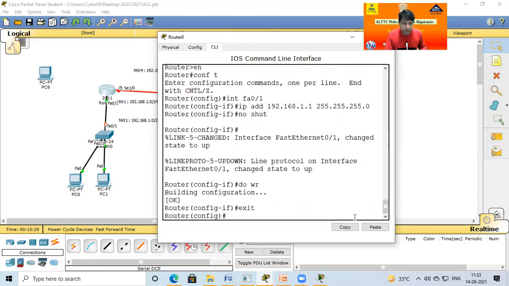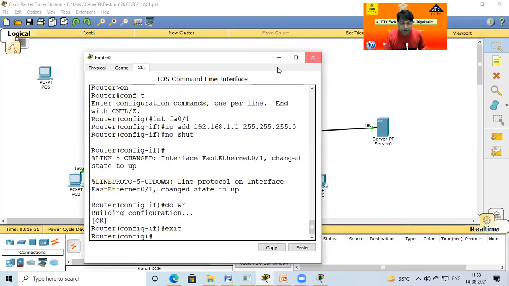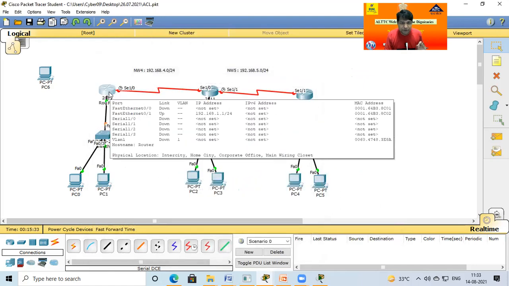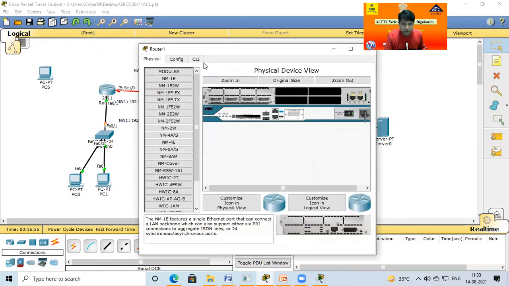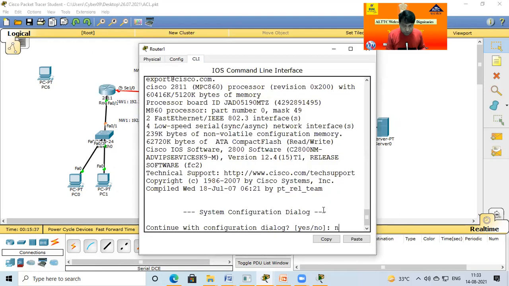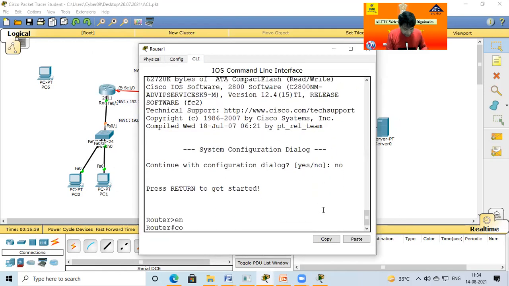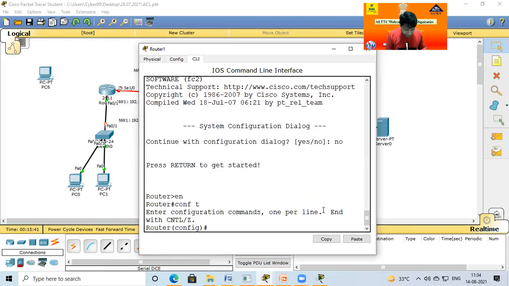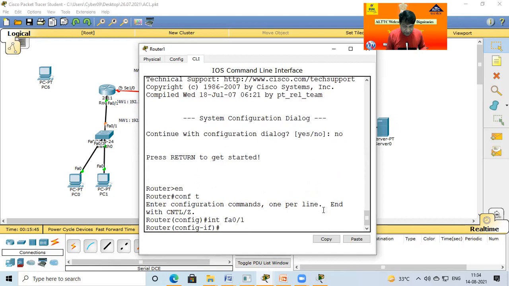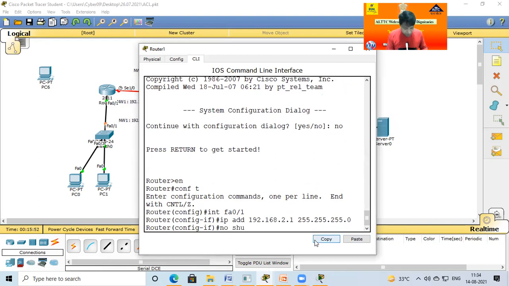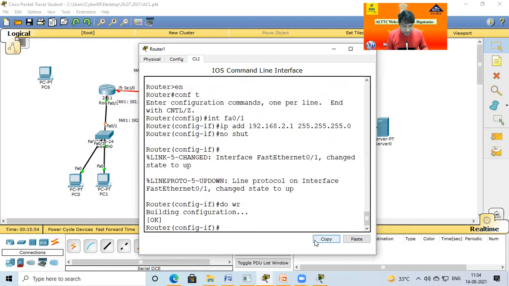So the IP allotment for this port, FA 0/1, is done. In the same manner for the other router, go to the CLI, say no, enable, conf t, int fa 0/1, ip address 2.1, no shut, do write, and exit.